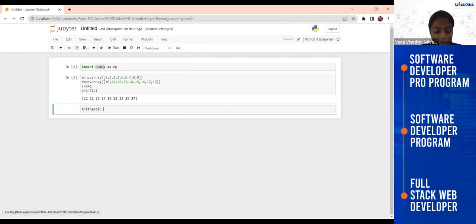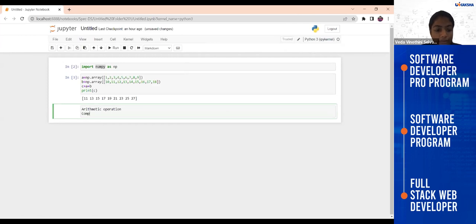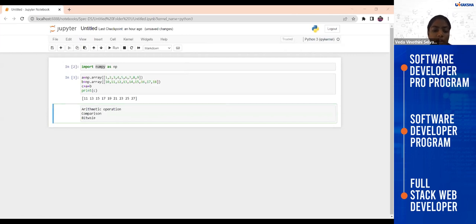Let's take arithmetic operations. There are comparison and bitwise operations. There are plenty of operations you can do. These are the basic things you want to understand before going further, and I will explain them.